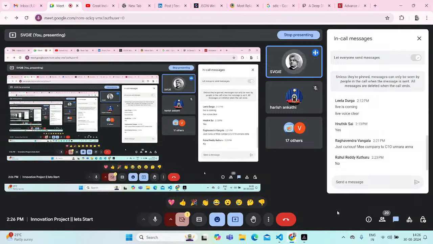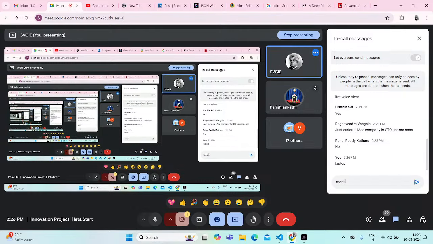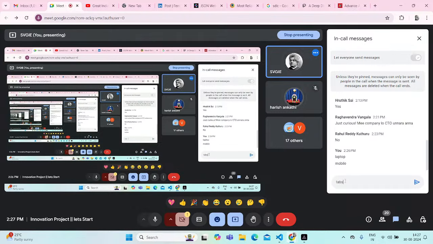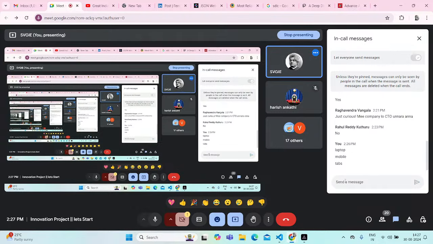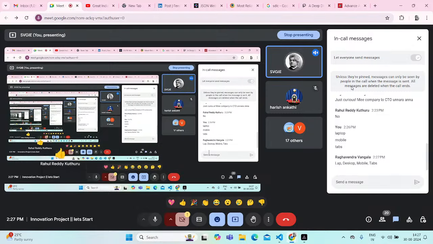Suppose you want to open a web application: always you are going to open a laptop only, or sometimes you can open web applications on mobile. Yes or no? Tell me quickly. How many types of devices will users normally use? Mention in the comment section or tell me. They will use laptop and mobile, right? Tabs? Yes or no? So you should know